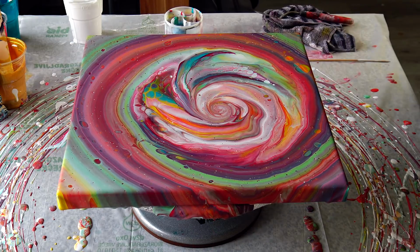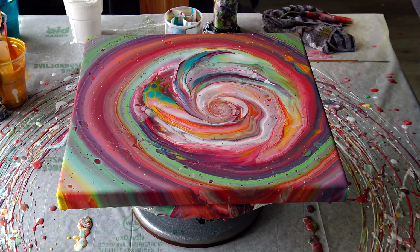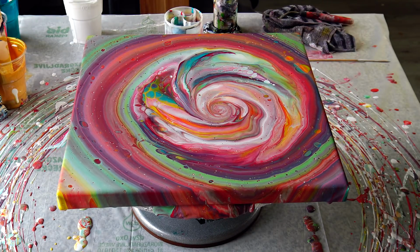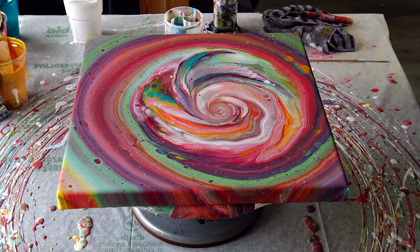I don't see a lot of gold. I was hoping for some lacing. I see it here, but not a lot on the other parts, but still I think it's kind of interesting. Definitely, if I would go once more, I would use silicone for maybe some cells. But